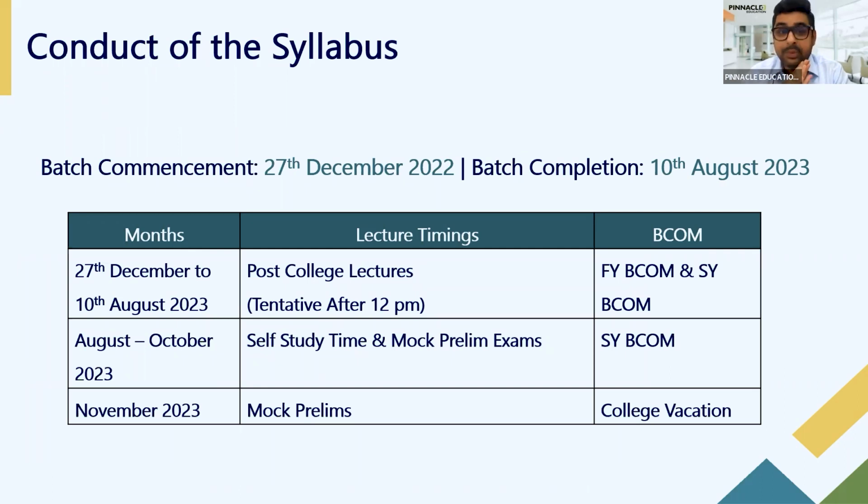Hence, we begin early. We begin batches on 27th of December, which is way before your result. Your results are actually declared in January end. So we would have actually completed syllabus for at least a month, from 27 December to, let's say, mid-January or last week of January, whenever your results are declared. But we have to begin early. So you have to take a punt. Even if you are 50% sure that you're going to make it, you must start on time.